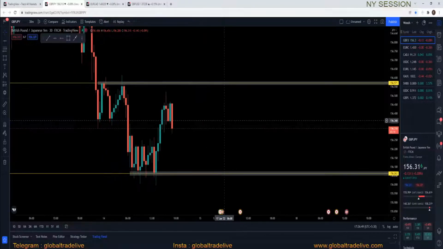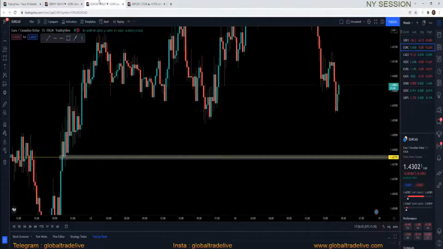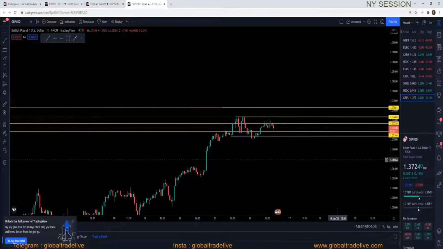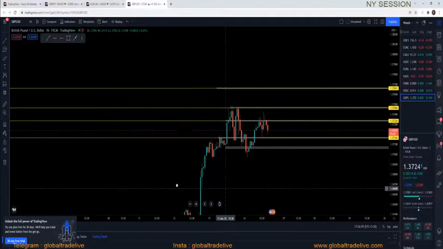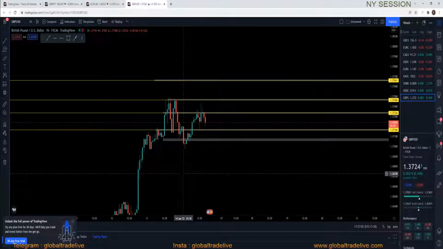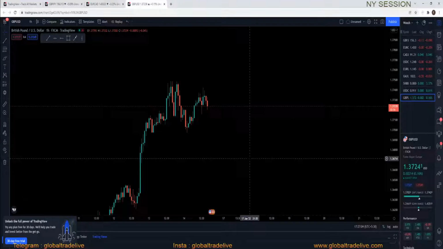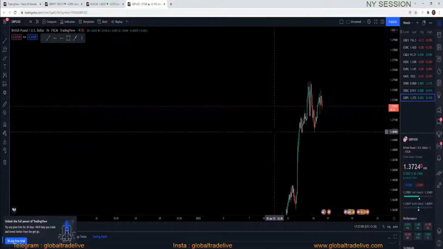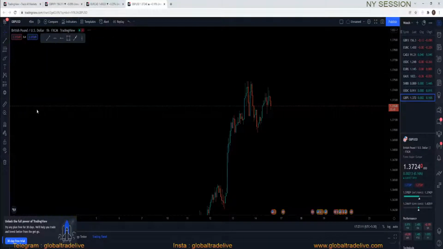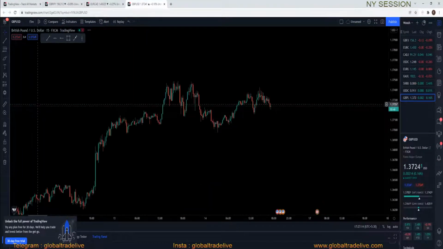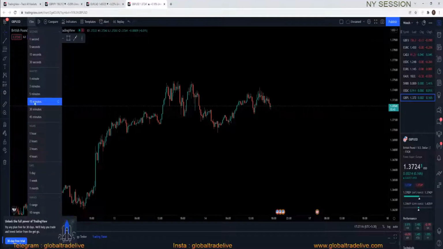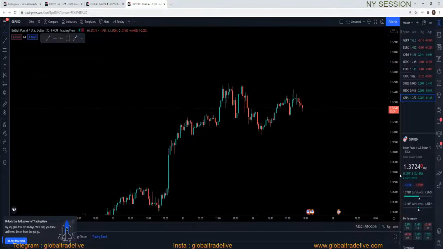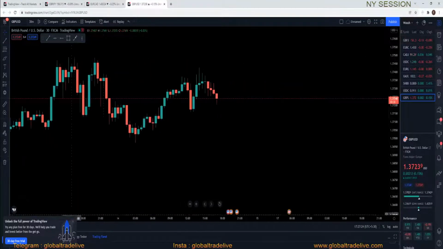So we have our idea about the GBP. We have our idea about EuroCAD. Let's have a look at the GBP USD. GBP USD is doing nothing right now. GBP USD analysis is quite simple at this point, because there's nothing to worry about over here, because the market is quite clean over here. So let's just first talk about the buy.